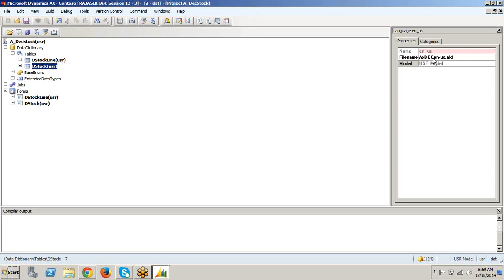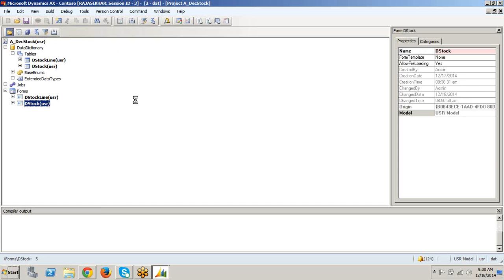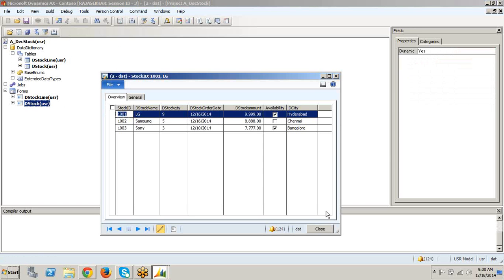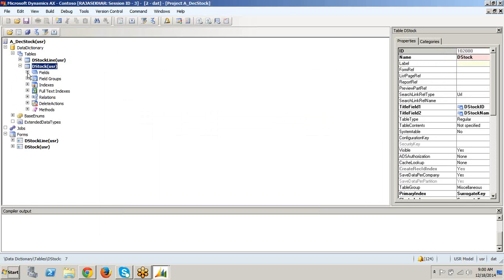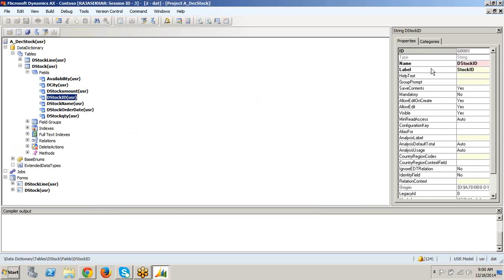Actually, we have created only DEC; AX and enus are added automatically, and the complete label file name is AX DEC enus. Now I want to give the label for this. What I will do is remove this label.